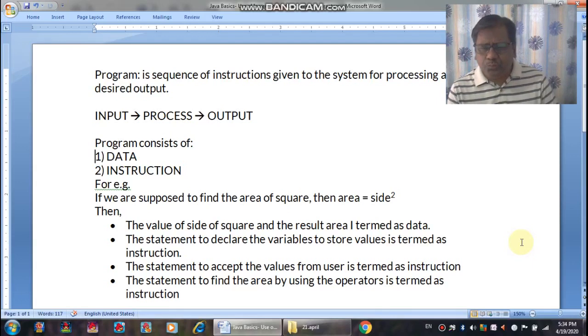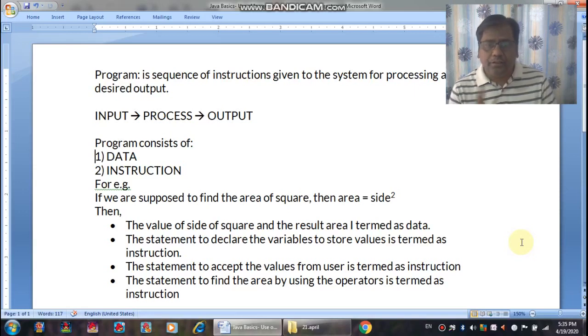In a program, suppose we need to calculate something. To calculate, definitely we need some values. And when we talk about the value, that means the value is to be stored in the memory. And when we talk about storage in the memory, we talk about a variable. That means to store a value in memory, we need a variable, a memory location space, and we have to store the value over there.